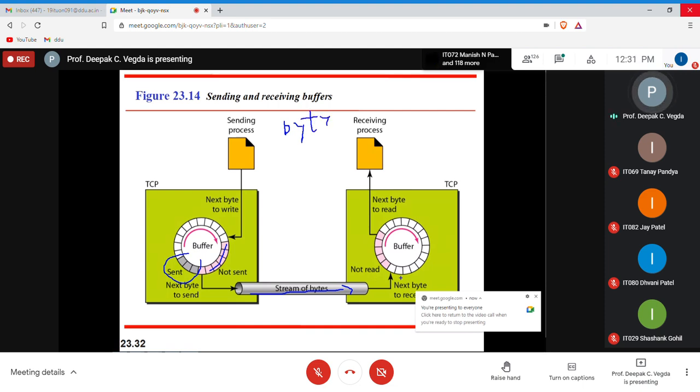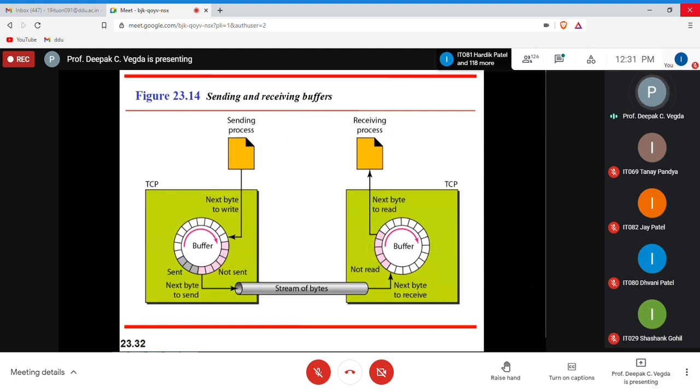At the receiver, what happens here? Next byte to receive is this; you have received this, next byte to read it, and then you will send back the acknowledgement. Then you'll read this and send back the acknowledgement. You'll read this and send back the acknowledgement. This you have not yet read, so you'll read it and send back the acknowledgement. Anyhow, there are two kinds of acknowledgements, cumulative or individual. You'll go with the cumulative acknowledgement, that after receiving or reading 4 or 5 or 6 bytes, you will send back the acknowledgement. Or after 7 packets, you will send back the acknowledgement. This is what you can do.